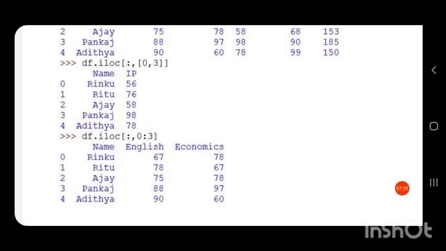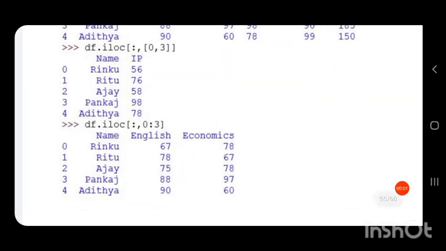So from start to stop minus 1 it will take, that is from the 0th column to 3 minus 1, the 2nd column. The 0th column is name, column number 1 is English, column number 2 is economics. So 0:3 means 0 to 3 minus 1, that is 0 to 2 will be selected.